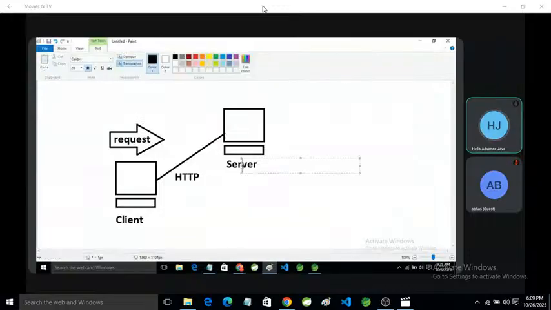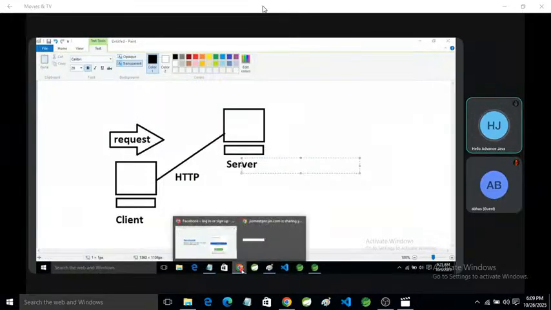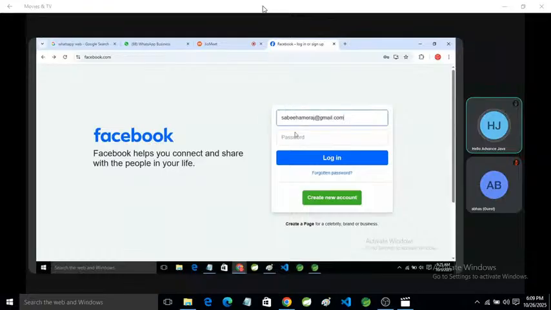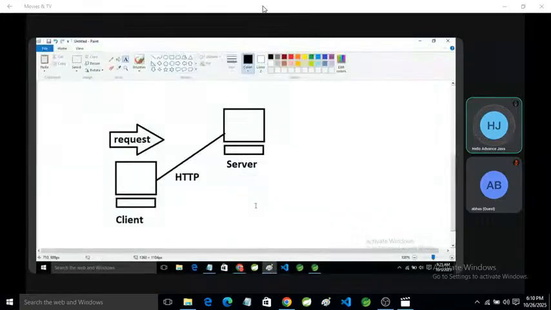Suppose we send the username and password and click on login. The username and password transfer from the client machine to the server, and it is the responsibility of the server to check whether they are correct or incorrect. But the server is not capable of developing a dynamic page.